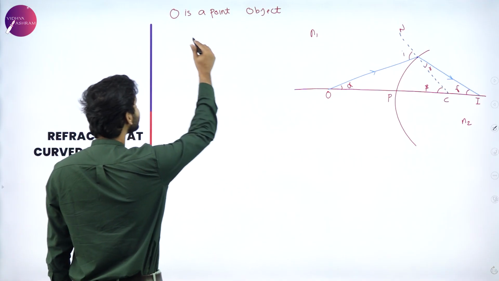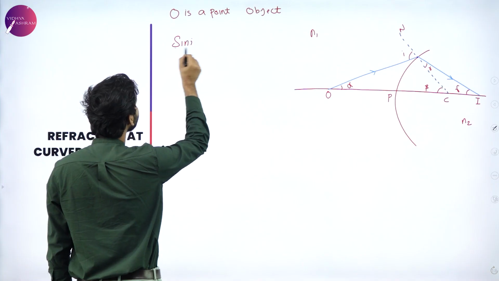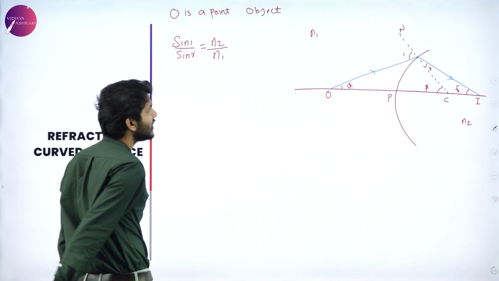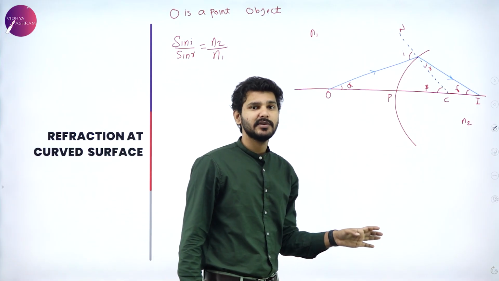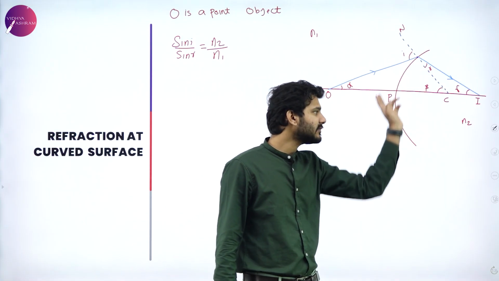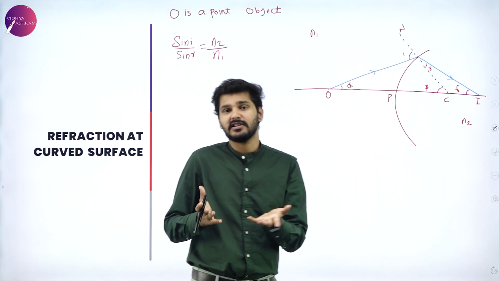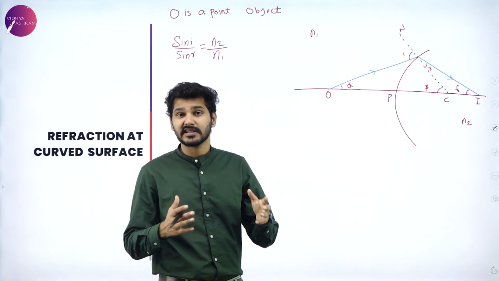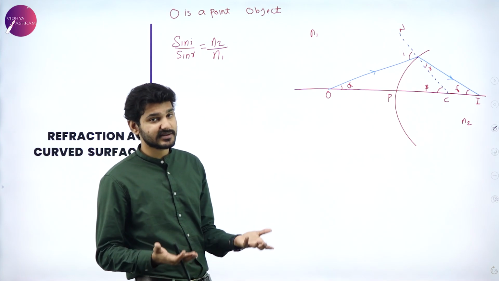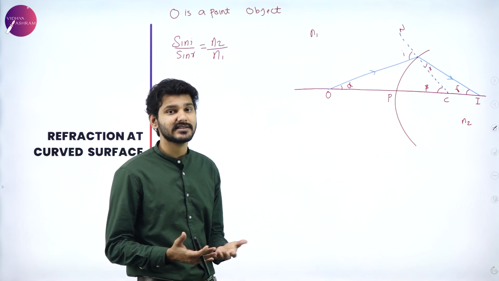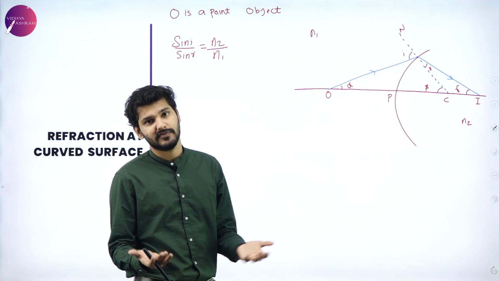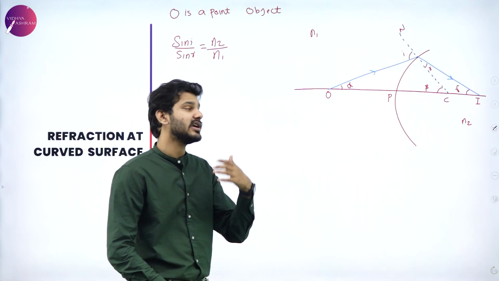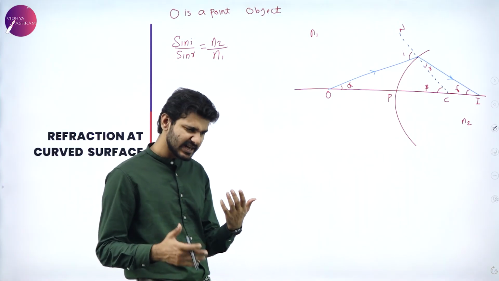Again, we are going to start from Snell's law, which states that sine I divided by sine R is equal to N2 divided by N1. Here N1 is the first material medium, generally air, and the second material medium is the curved surface. If you're using a fish bowl kept on a table, air is the first refractive index, and N2 is indicated by the curved surface, which is glass. If you're using it underwater, then N1 is water and N2 is glass. It actually depends.